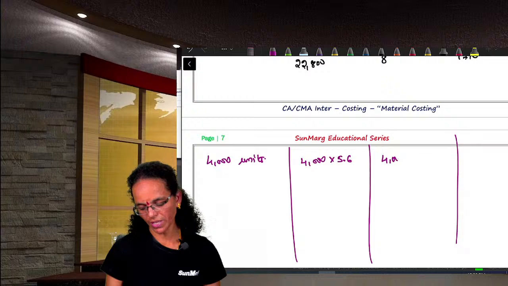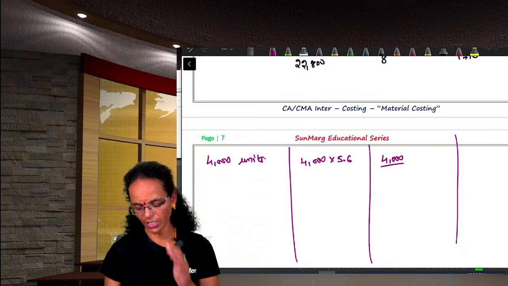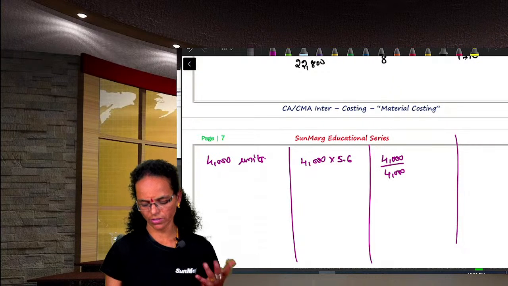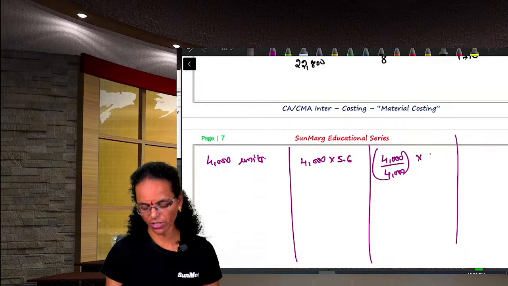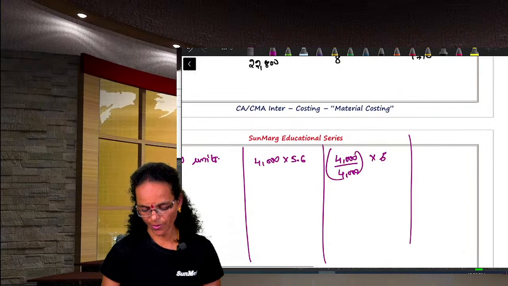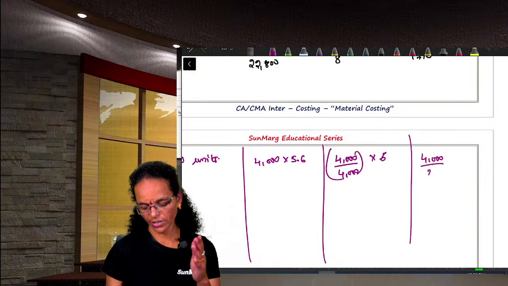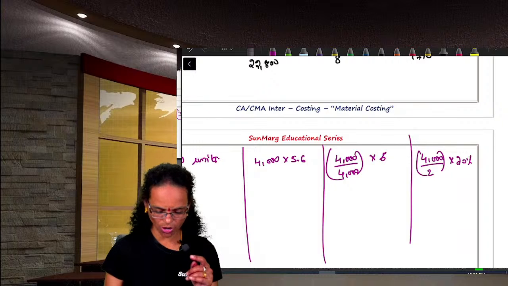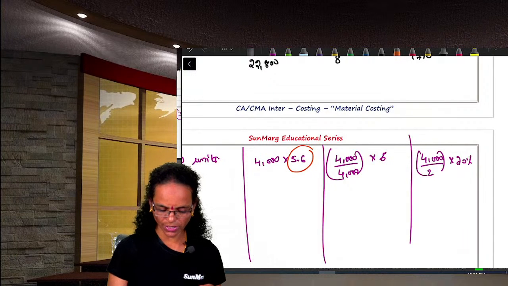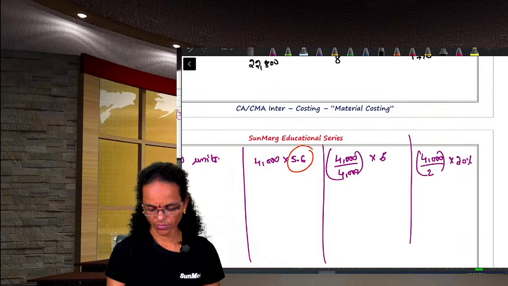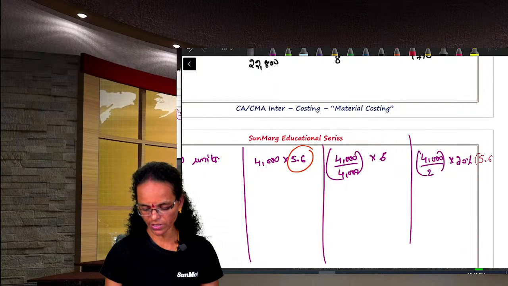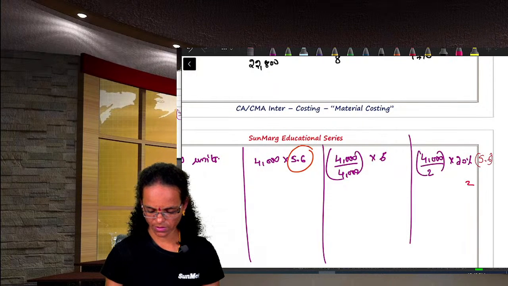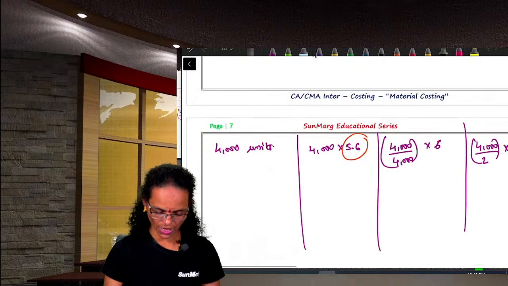How many times are you placing an order? 4,000 is our annual demand. We are placing an order for 4,000 units, so one time we are placing an order. Per order, the ordering cost is 6 rupees. And carrying, we are carrying 4,000 units at a single go divided by 2 into 20% carrying cost on the cost at which we purchased, 5.6. So calculations,